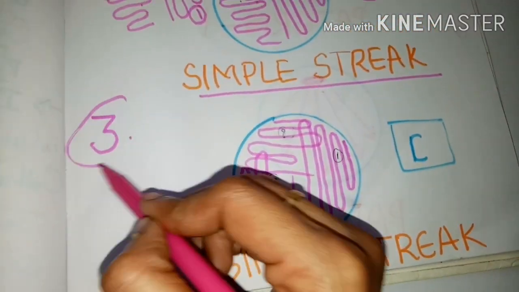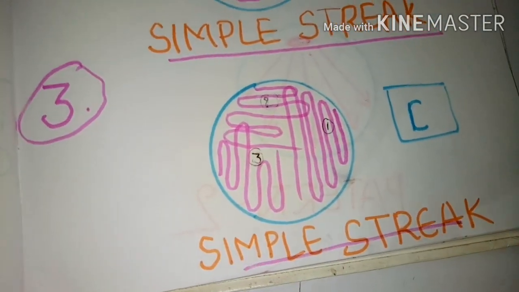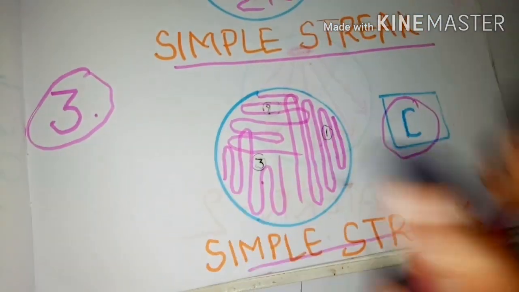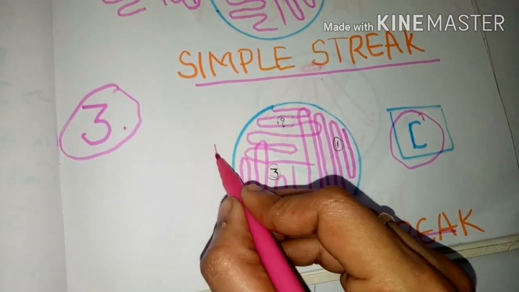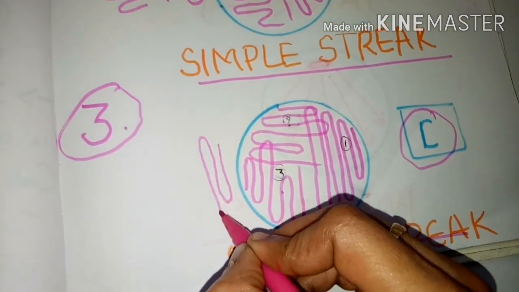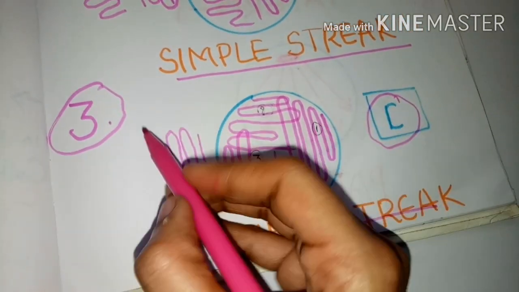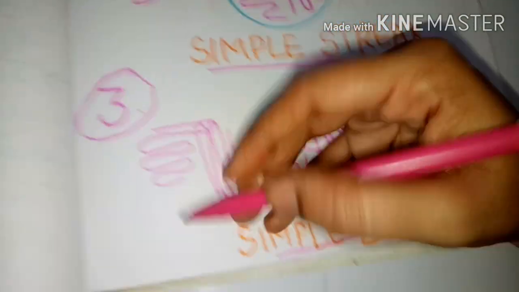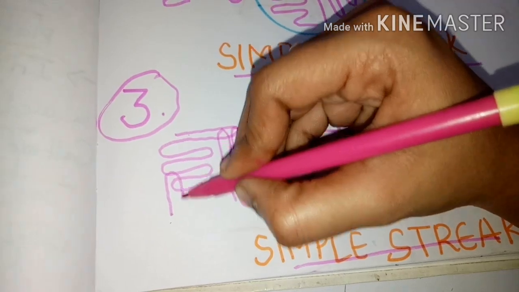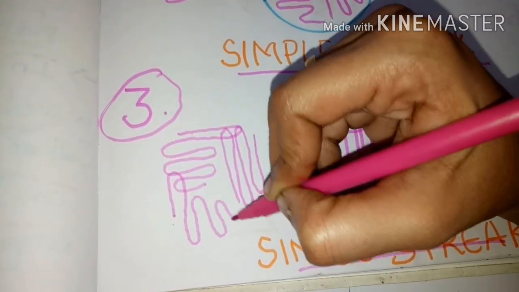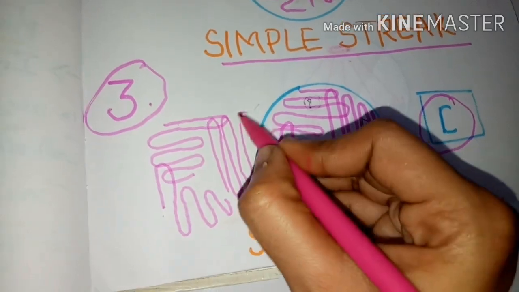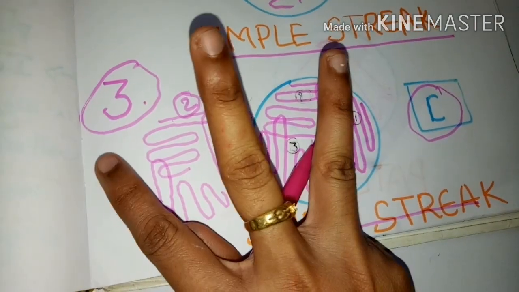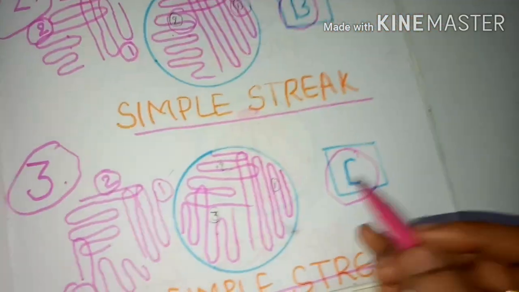Next, the third one, that is the simple streak designated as C. It contains three streaks, primary, secondary and tertiary, on the plate. Let's see how it is drawn on the plate. In this also we can turn the plate based on our convenience. In whichever direction we are going to streak the culture on the plate, we can turn the plate easily. This is the first one, second one and the third one. In this way we can draw the primary, secondary and tertiary streak.